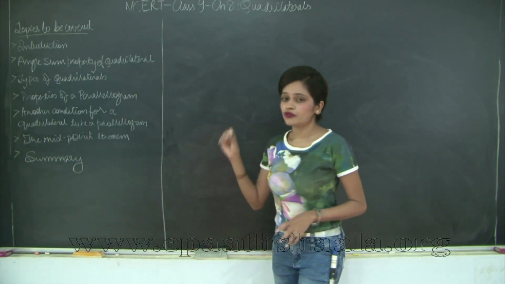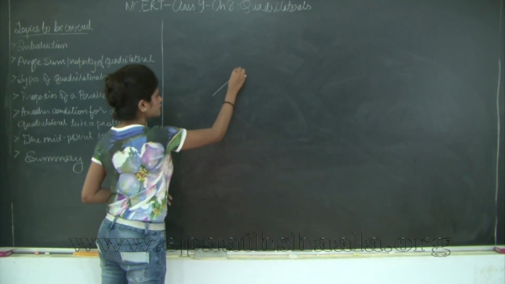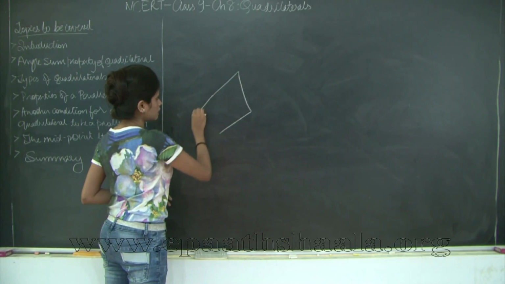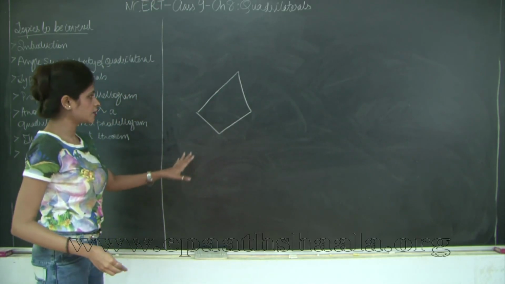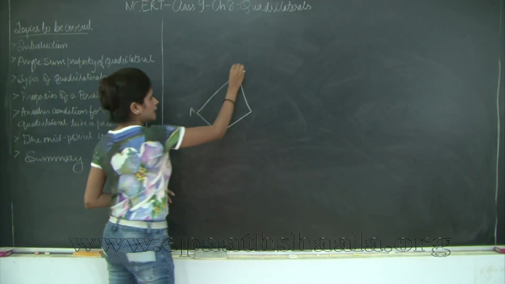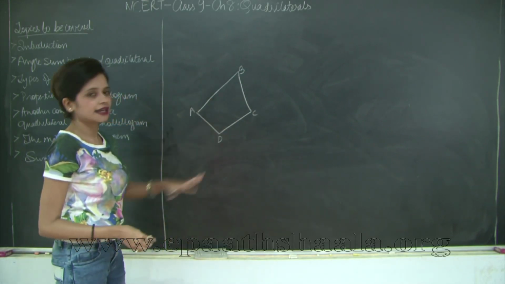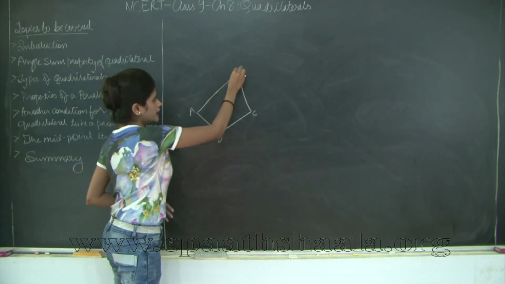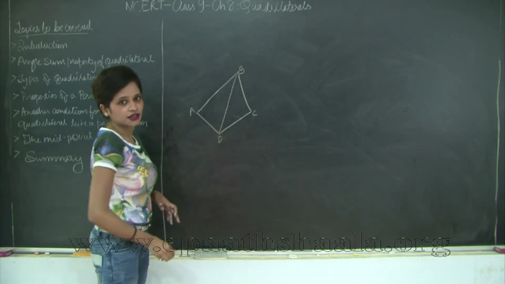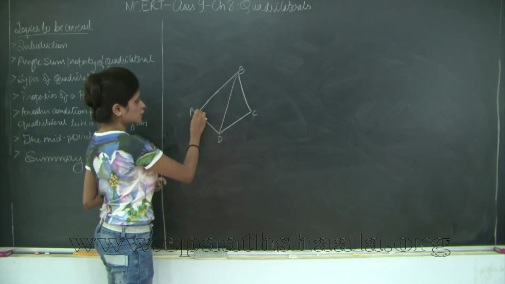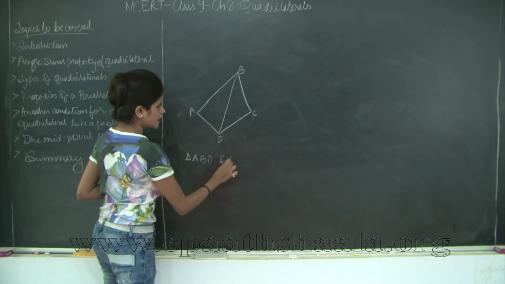Now, moving on to the angle sum property of a quadrilateral. Let us draw a quadrilateral. So I have drawn an irregular quadrilateral ABCD. None of the sides are equal. I am not mentioning whether any side or angle is equal. But let's say I connect vertex B to vertex D. What do I get? I get 2 triangles. Which 2 triangles? I get triangle ABD and triangle CDB.